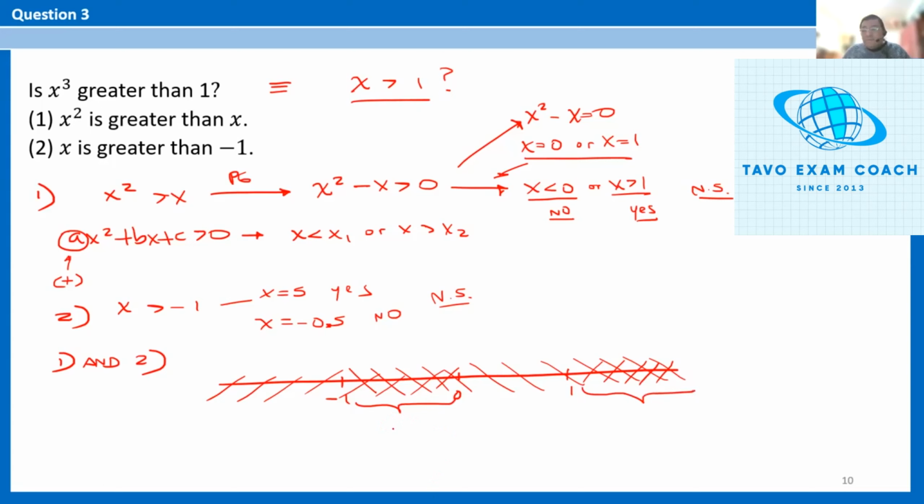This first one can be represented by the inequality x is less than 0 and greater than -1, and the other one is all values greater than +1. So we have a double inequality. With the values on this range, we would answer no to the question. While with this, we can confirm what the question is posing. So still two answers. Correct answer choice would be